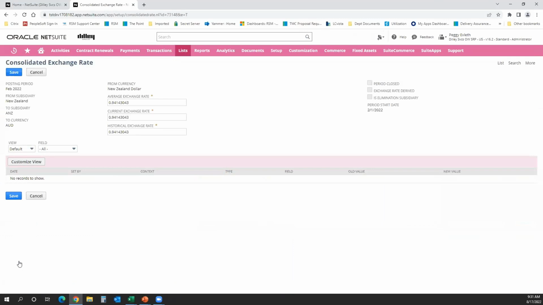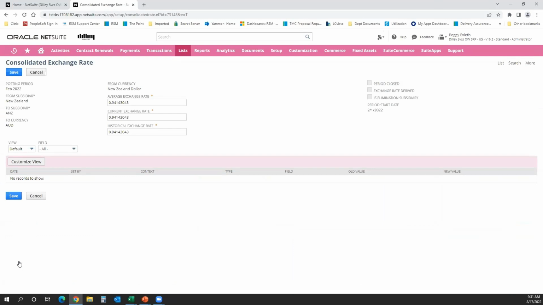So if you're importing transactions from another system and you import them on the last day of the month, you're going to want to enter the average exchange rate. Oanda will calculate that for you. You can go on their free currency calculator thing and you can get it to calculate the average for the